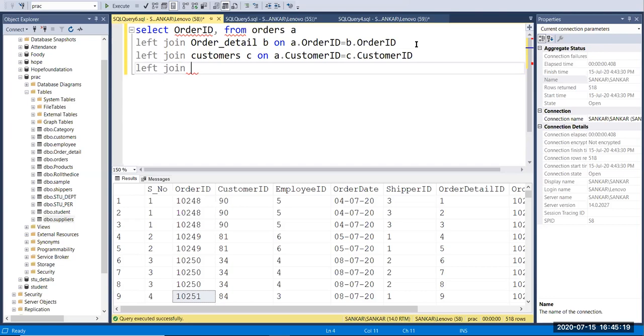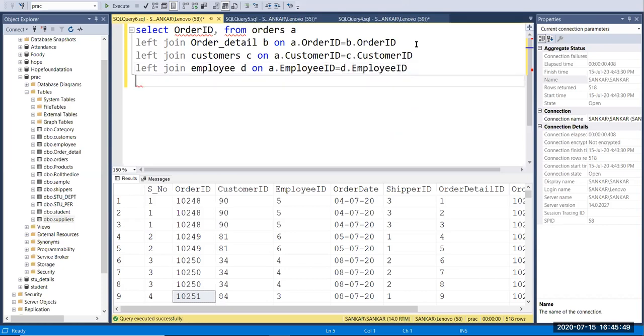And here I'm going to connect the employee table, that is D, and on A dot employee ID, okay, then equal to D dot... and equal to B dot. We don't have employee in the B table. You have to give D dot. Okay, so D dot employee ID.